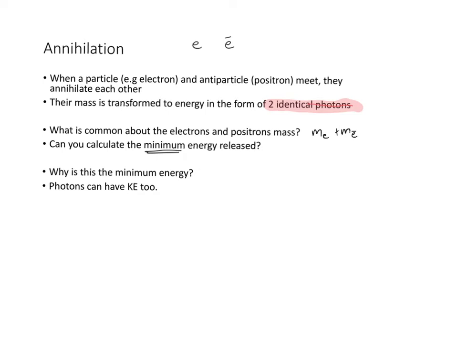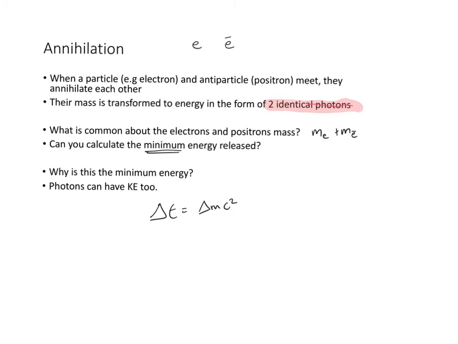We also know that the photons will have kinetic energy too, so there might be more energy released in the whole process. But we are using the rest mass. We are assuming that the electrons are actually not moving. So here, we have again our equation,